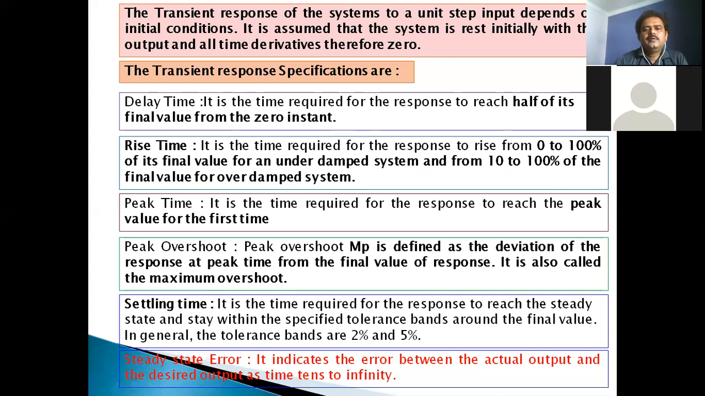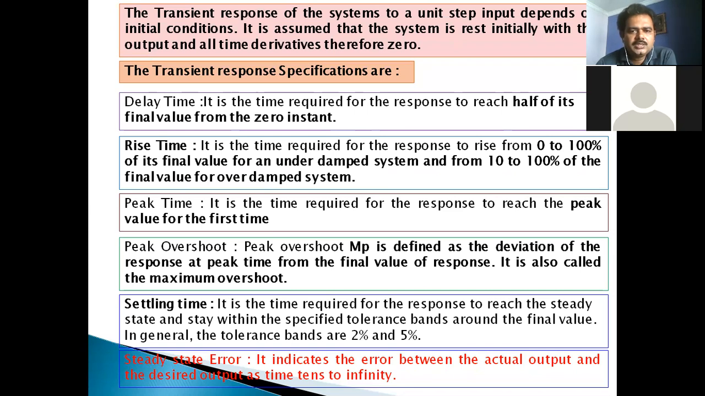Okay, now our aim is to find out the time domain specifications for a second order system. The second order system is very important. Consider the underdamped case, when zeta lies in between 0 and 1. Zeta may be any value. So let's find out